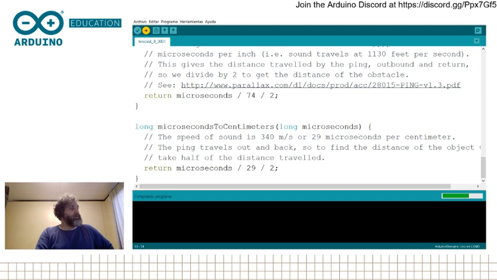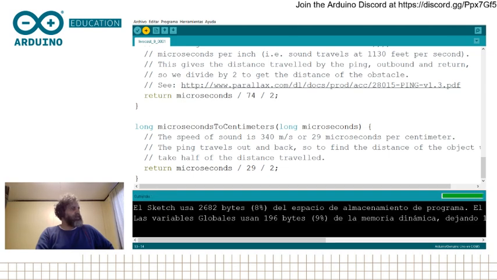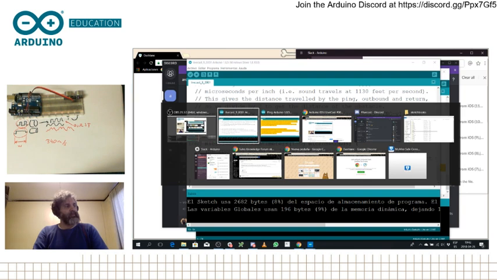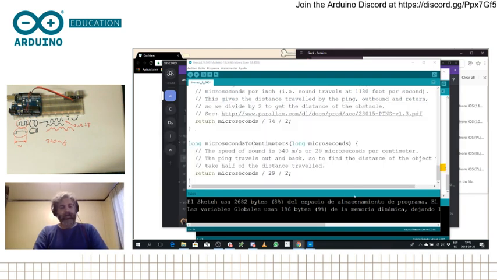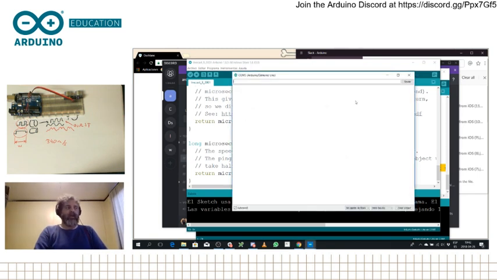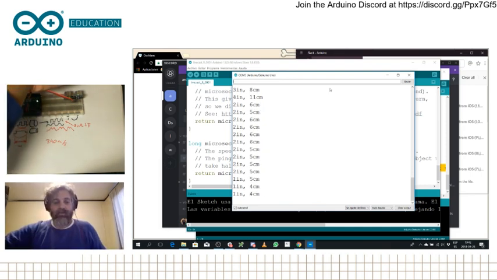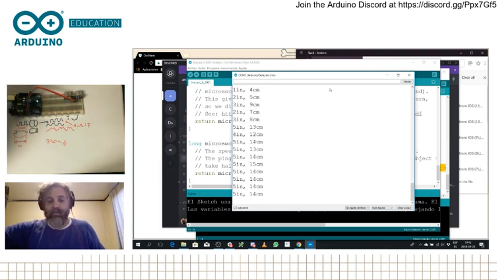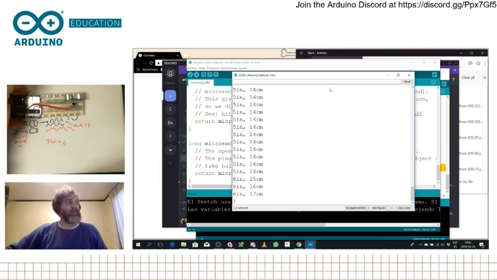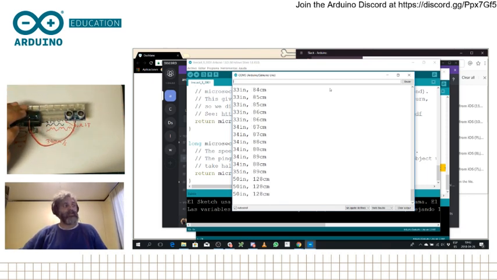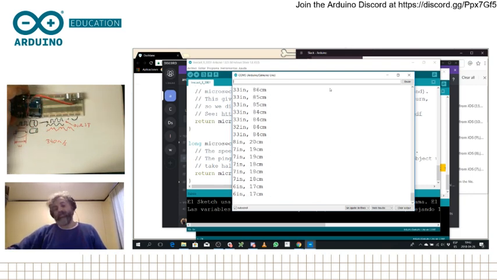And I'm going to change view here. And once the program is running, I just need to open the serial port. And you see that now the serial port is giving us the distance in centimeters and in inches. If I go closer, the distance becomes smaller. And when I go further, the distance becomes bigger. I will point at the ceiling, and now the distance will be even larger. So it's 1 meter 20 centimeters to the ceiling here, and now there's the wall.